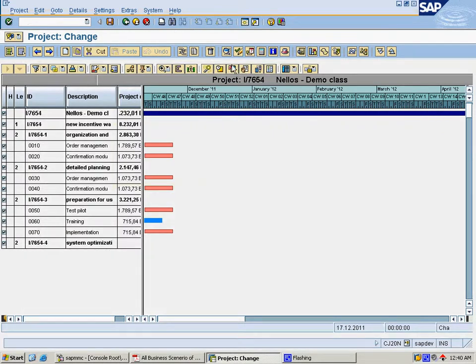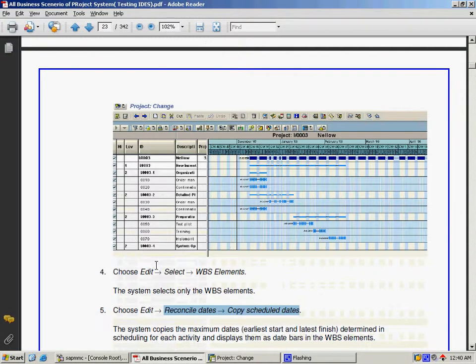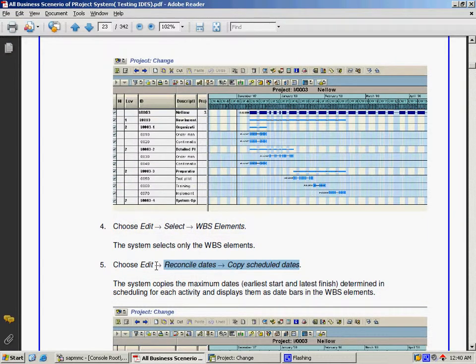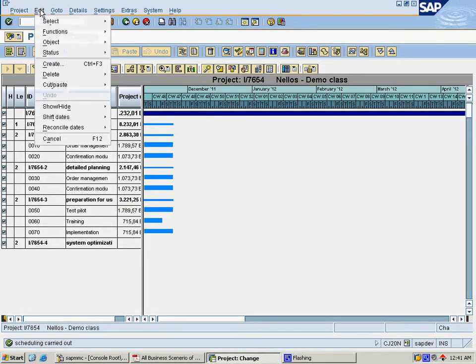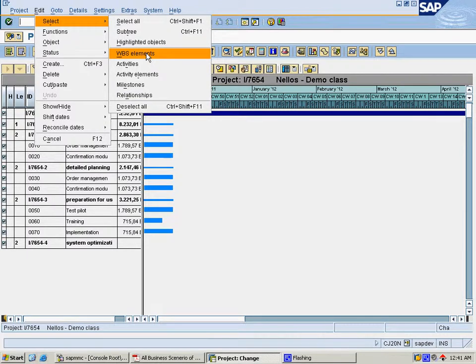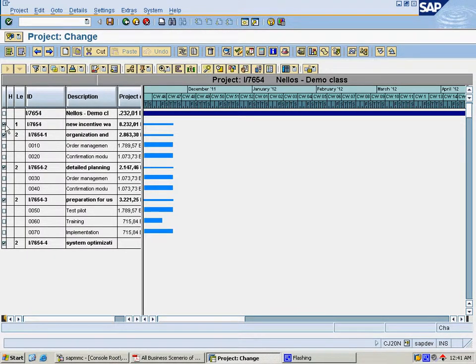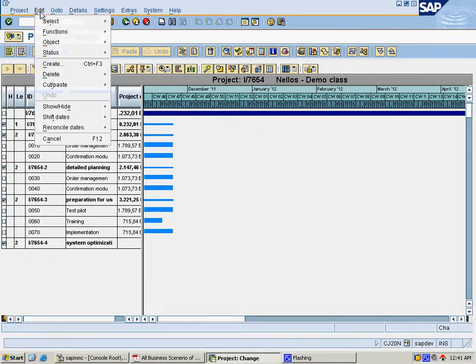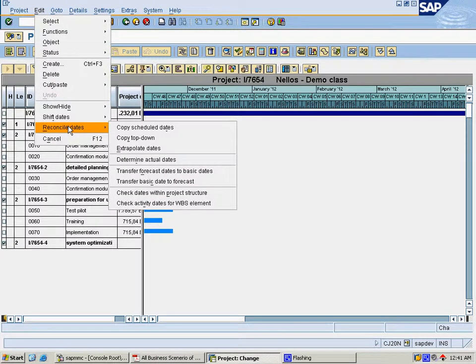This will schedule the dates. Here is the schedule button. Once it is clicked, scheduling is carried out, and a message will come at the bottom of the screen. After that we need to extrapolate the dates of the activities to the top level WBS elements. Simply choose only the WBS elements from here: edit, select only WBS elements. It will choose the WBS elements only, and after clicking on edit, reconcile date and copy schedule dates, this function